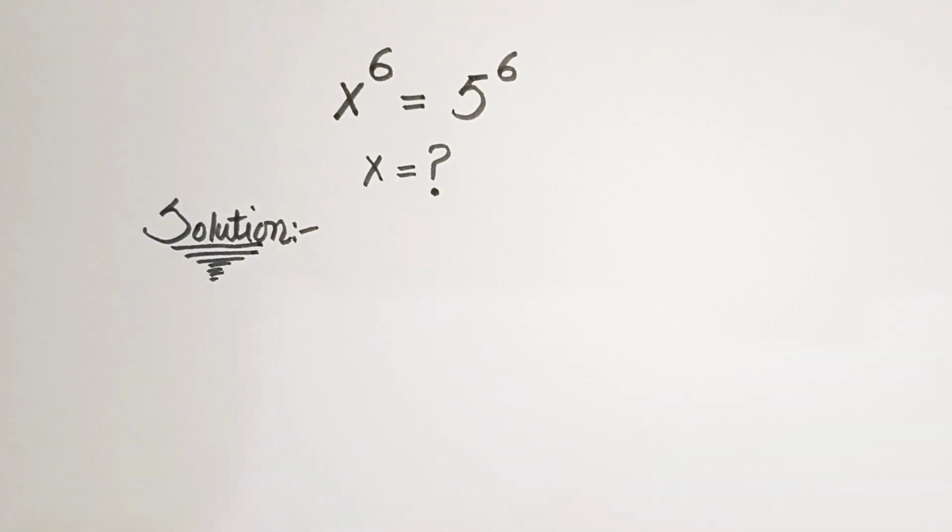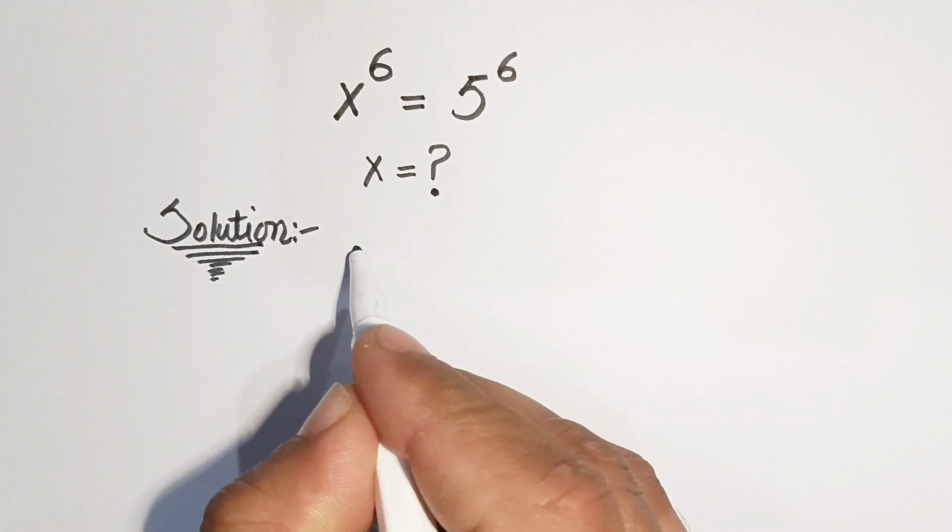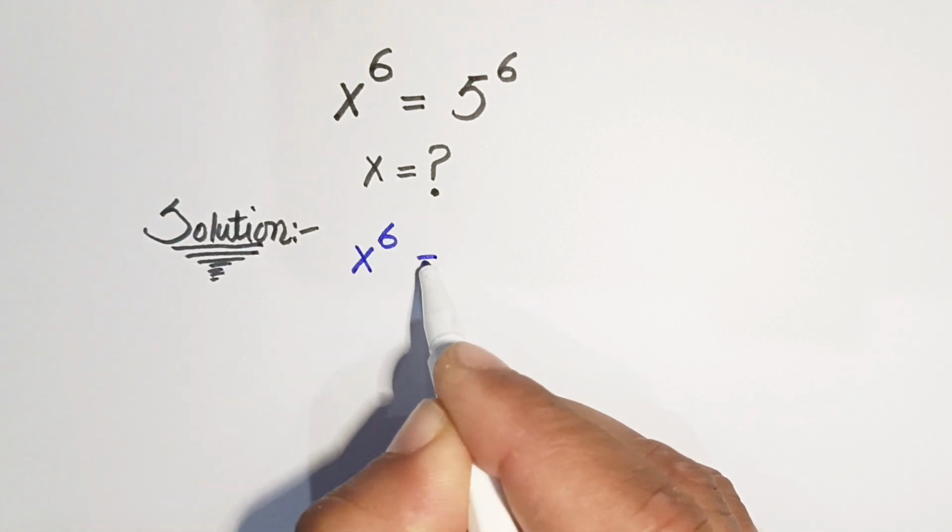Today we have a nice Olympiad question, that is x to the power 6 is equal to 5 to the power 6. So here we have to find out the value of x. Now there are actually more than one solution of x. So we are going to write our problem here, that is x to the power 6 is equal to 5